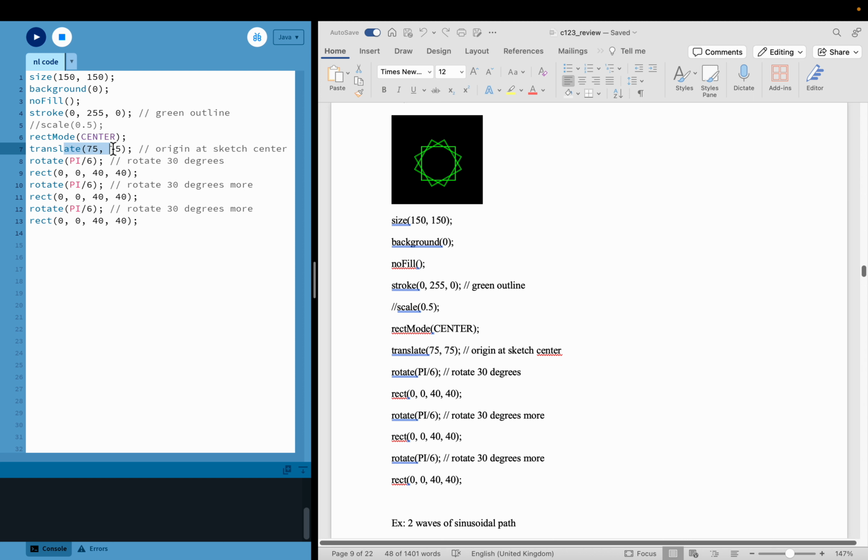Now here the translate of 75 in both x and y direction is the middle point of the sketch. From there, it's rotating 30 degrees from the right side. So from here to here,